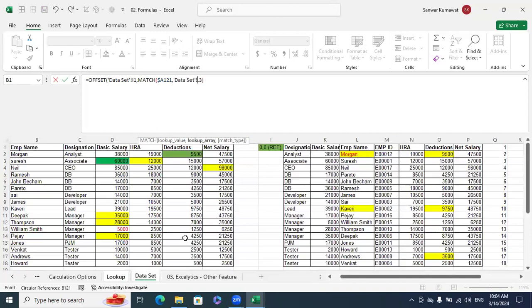The very important thing for this lookup array is that we have to exclude this first line. We need to start from here. Do not include the header, because it's 0 reference we are giving here. This is the only important thing, because this is how we need to count it. We need to start without headers. That's it. F4, comma,